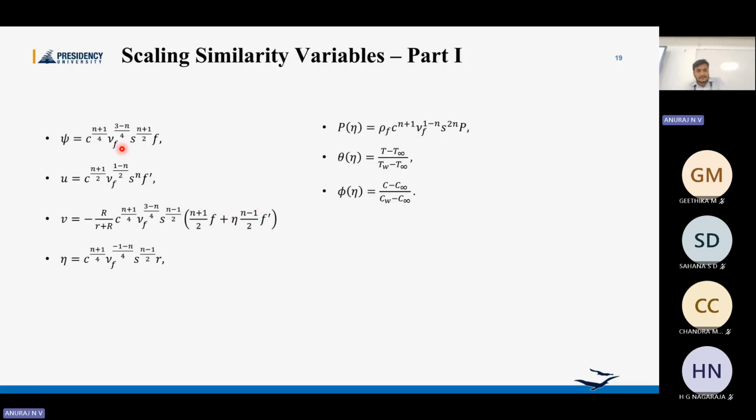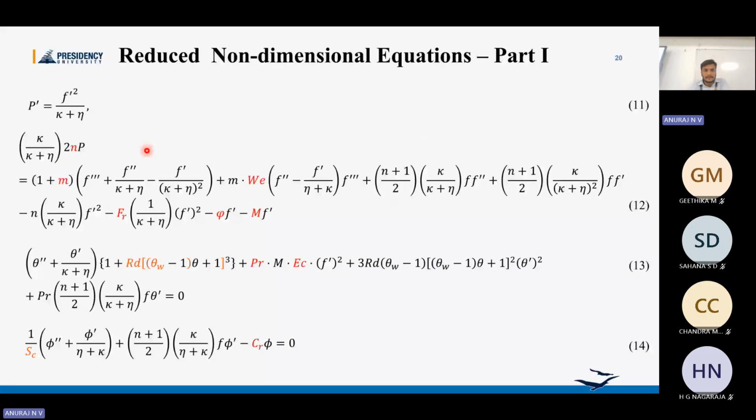And it looks like this for nonlinear equations. When n is equal to 1, it becomes linear. We can cross-check whether it is linear or not. And this is the stream function. When we see the stream function, it obviously satisfies the continuity equation and the remaining momentum equations. The two momentum equations are 11 and 12, 13 will be the temperature equation, and 14 will be the concentration equation. After solving 11 and 12, removing the pressure term, we are getting the fourth order ODE, which is